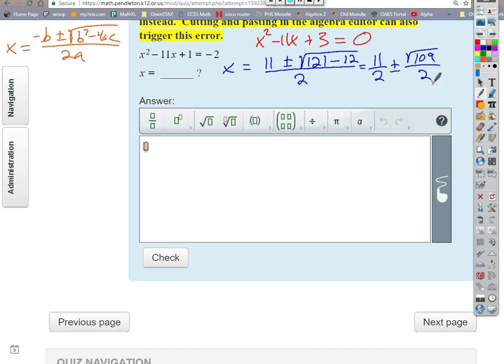So let's go ahead and enter them. On these, yeah, I got to do the fraction thing, don't I? Yeah. Plus square root. You do the fraction bar and then around. Yeah, that's right. You guys know this better than I do. Square root of 109 over 2, comma,